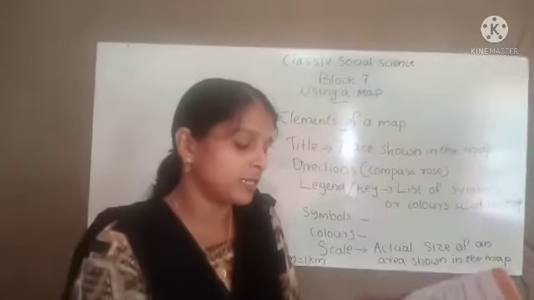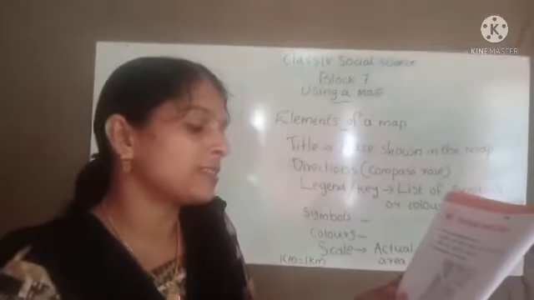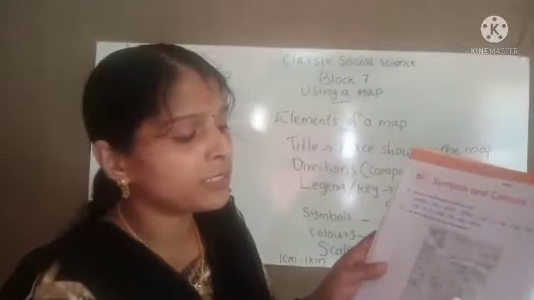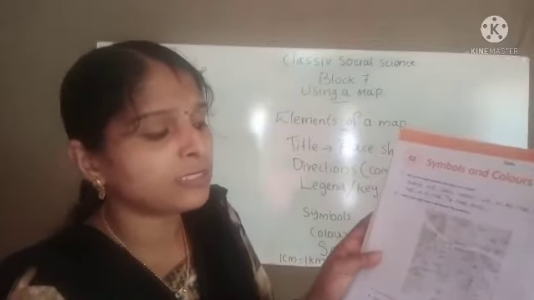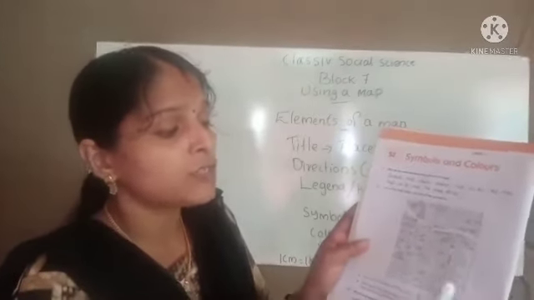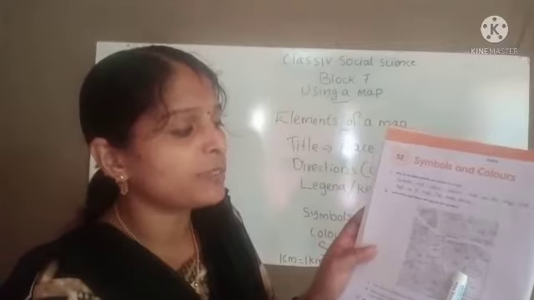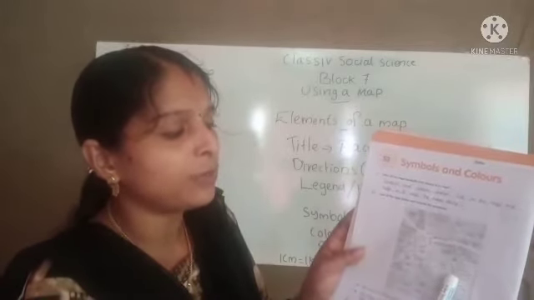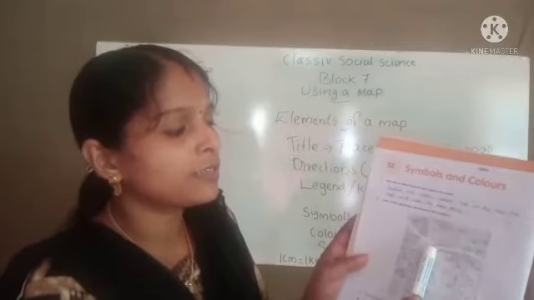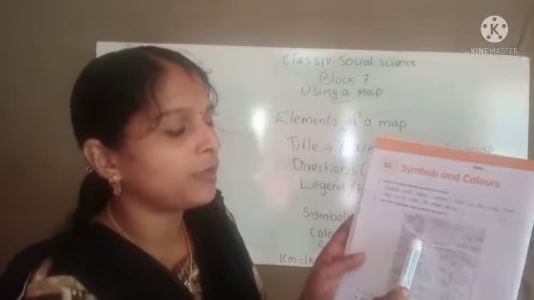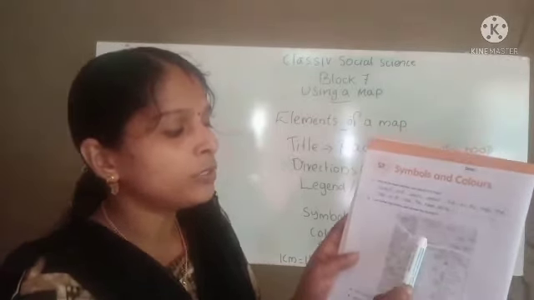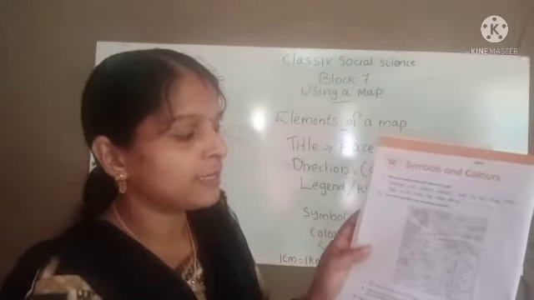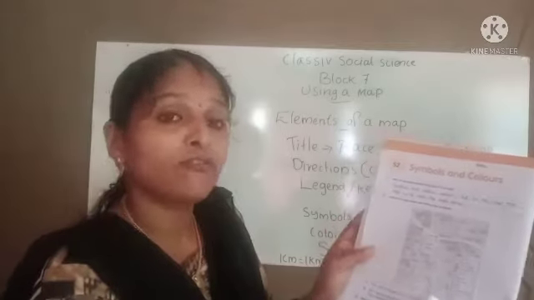Okay, so first question is, how many bus stations are in this area? So what you have to find out, children? At first you have to find out which is the symbol of bus station. So we can see this is the symbol of bus station. So how many bus stations are there? This symbol we have to check. When we check these symbols, we can easily get how many? Yes, 1, 2, 3, 4. 4 bus stations we can see here. So you can write here 4.